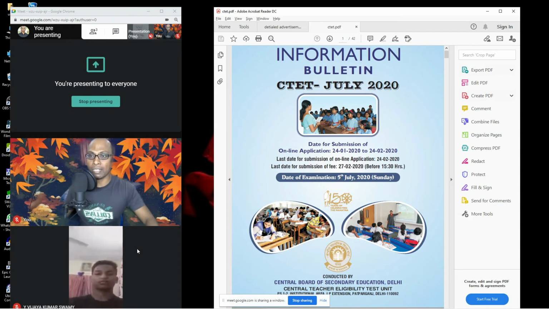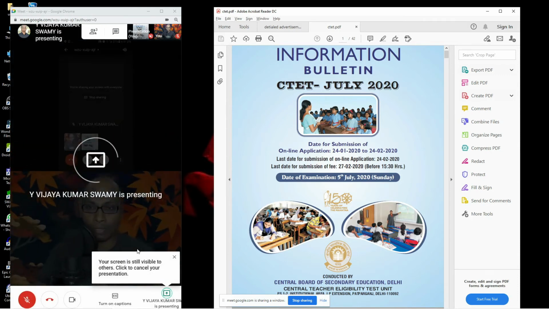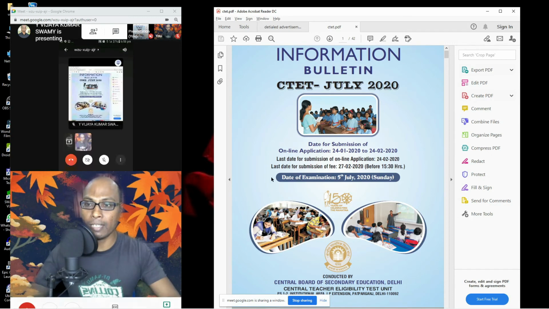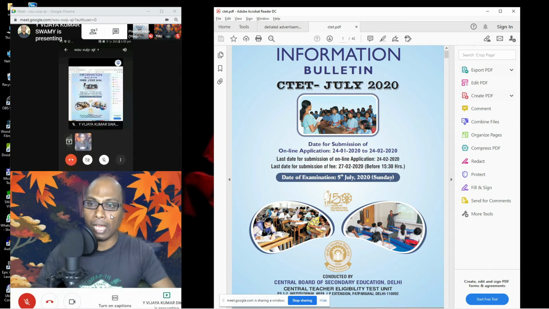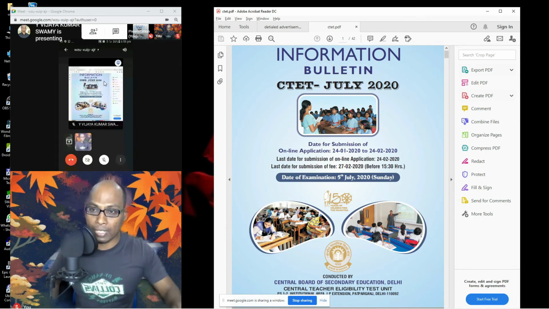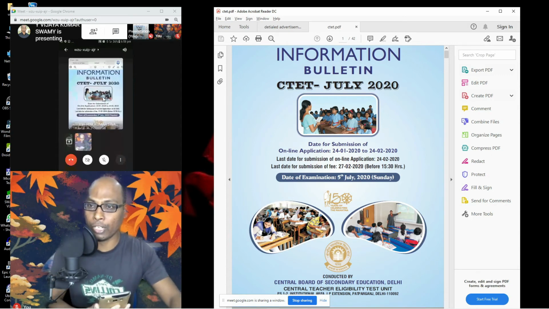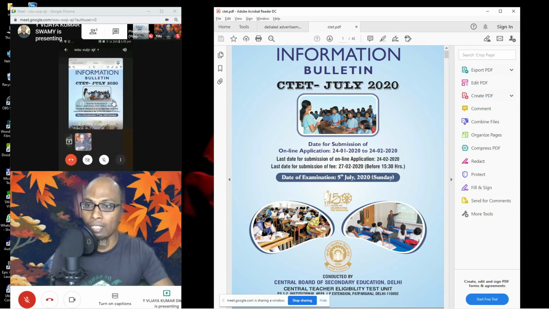Let me ask my student to present the screen from his side. Present the screen, Yashoda. So this is the complete tutorial about screen sharing options, different options and different methods to share your screen. Now here you can see on the screen, this is the document which I am presenting, and this is the document which the students are watching on their screen. The students can enlarge the document and they can come to any point. Here you can see once they enlarge, here also on your screen they have enlarged the document, and you can see what the students are watching.